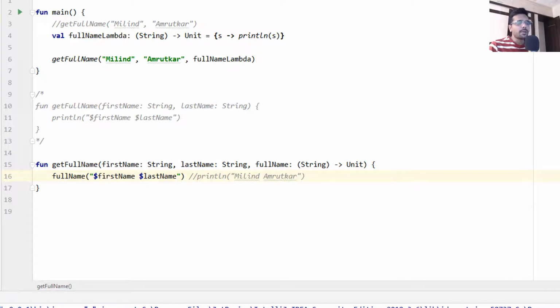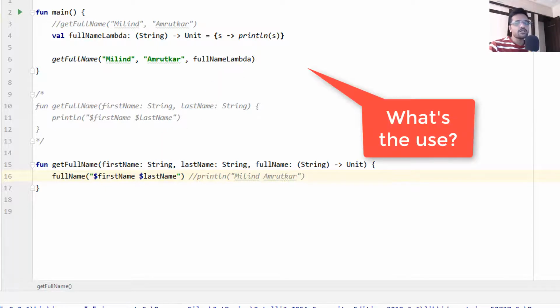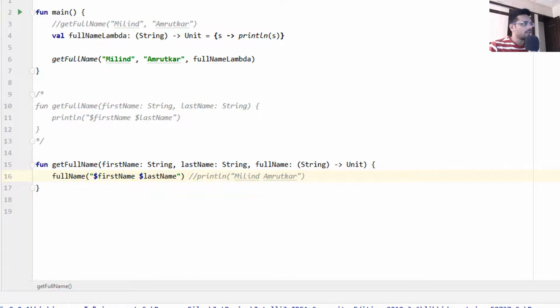After seeing this, you might say, what's the use of writing so many lines of code using lambda? But trust me, have patience. You'll definitely learn the importance of lambda when you start working on a project or when you are doing Android app development using Kotlin. So you need to understand the concept here and be thorough with it. To better understand it further, let's see one more example.